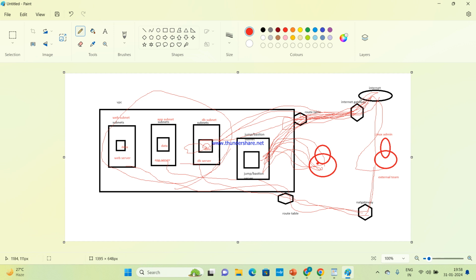So now if I provide internet connection using an internet gateway, where the internet gateway is connected, it's a public subnet. And where the internet gateway is not connected, it's a private subnet. This is a public subnet, and these three are private subnets.